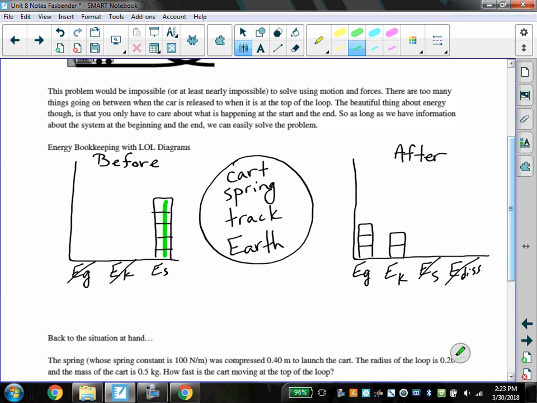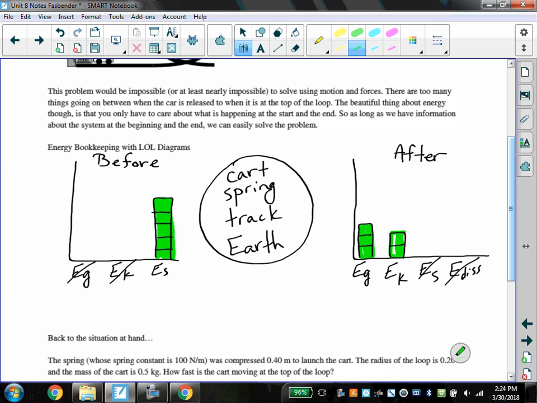right? It looks like I gave it maybe 5 boxes. It doesn't matter how many boxes you do. It's totally up to you. This is just what's called a qualitative tool. Okay, it's only supposed to help you look at it. You don't have to use exact numbers. So we have just spring energy at the beginning, we have gravitational energy, and we have kinetic energy at the